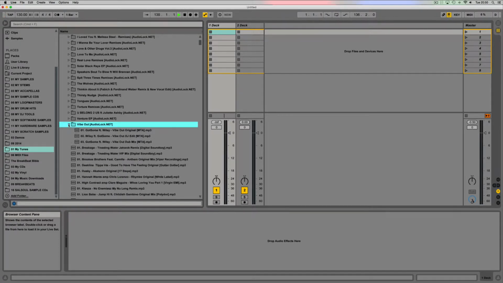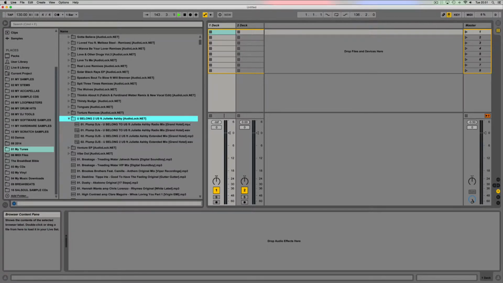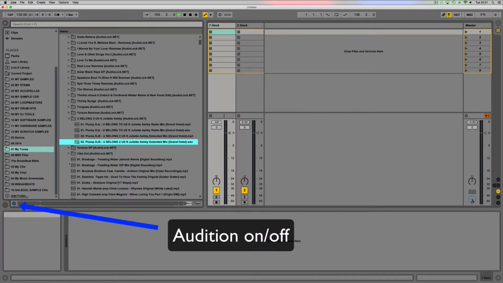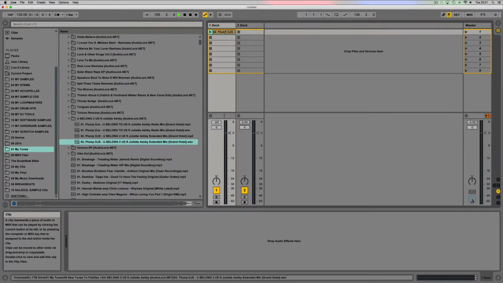And let's have a look for a track that we can demo it with. So we can look at this Plump DJ track. Notice some tracks, if I really like them, I'll download them as a WAV as well as an MP3. I'm going to go for the extended mix, and let's do 1 WAV and 1 MP3. You highlight it, well, actually, you can click on it, and providing you've got the blue headphone lit there, it will audition it. So I'm going to drag it into deck 1, okay, and I could play that,